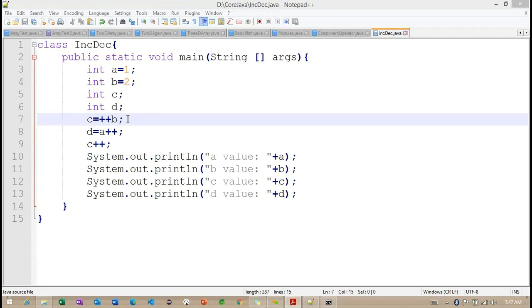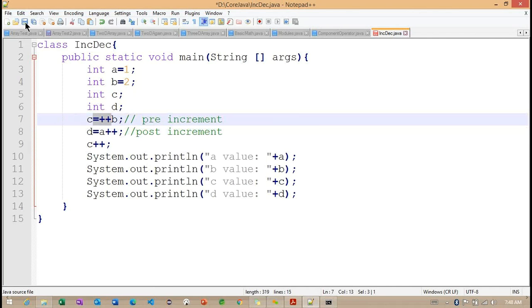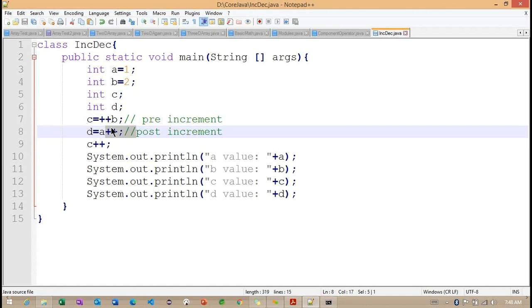When we use it before the variable, we call it a pre-increment here. And after the variable, we call it a post-increment here. So how the pre-increment is going to work, and in the same way how the post-increment is going to work.